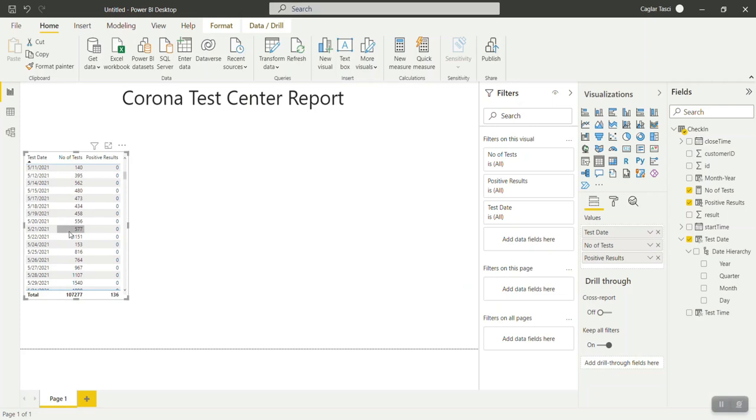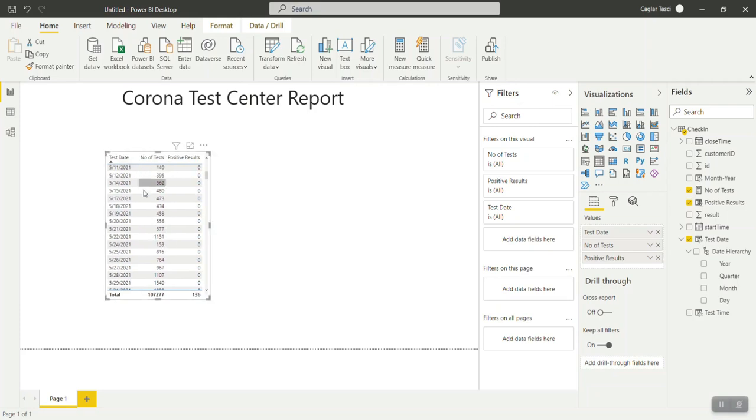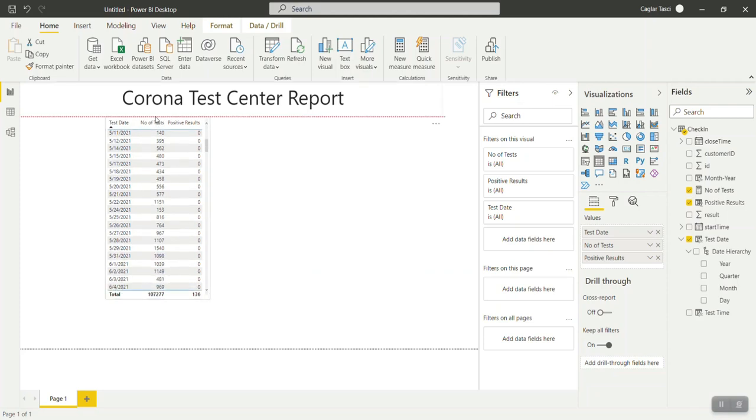So what I have done here is I have created a table with the number of tests, and now I am creating a slicer. Okay, so I made a mistake. I did not come out of my visualization, and I will use the undo button. So you can also keep this in mind when you are creating a new visualization. You need to basically come out of the one that you were already in. So now I have created this slicer.